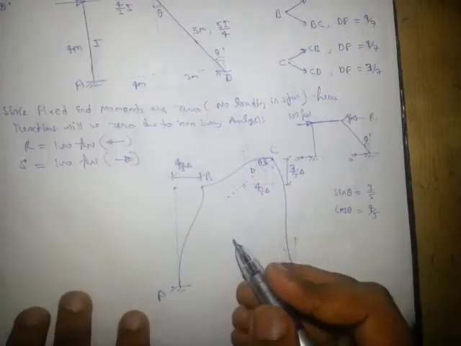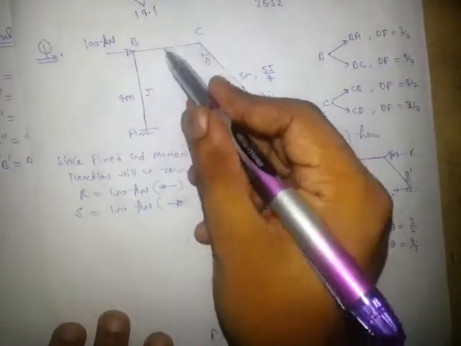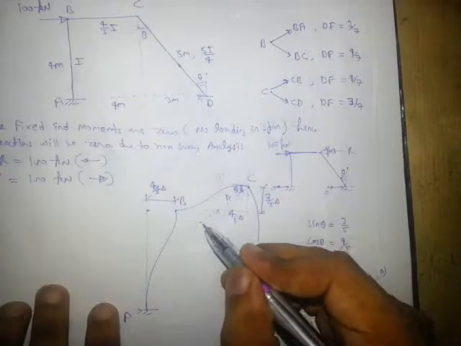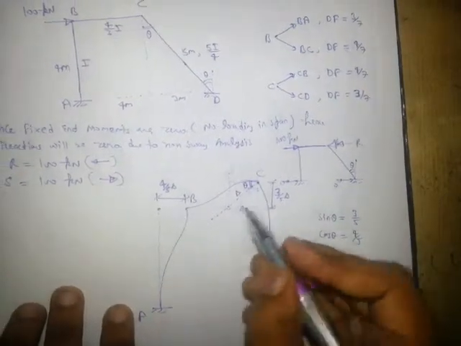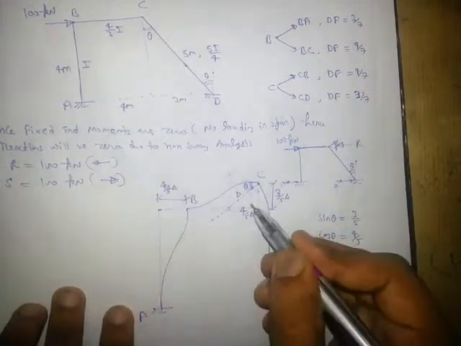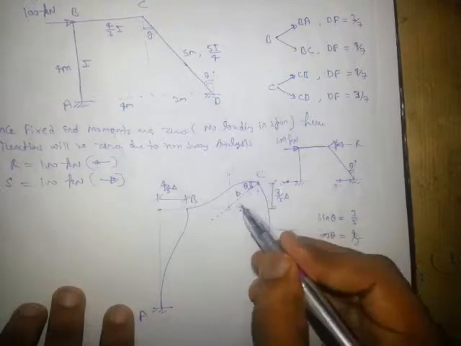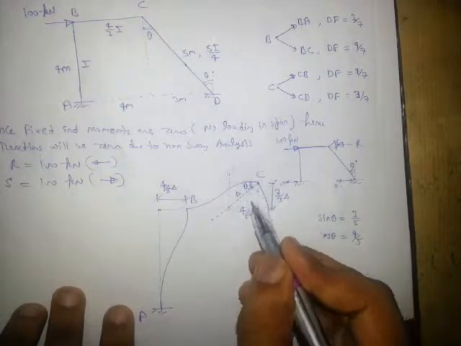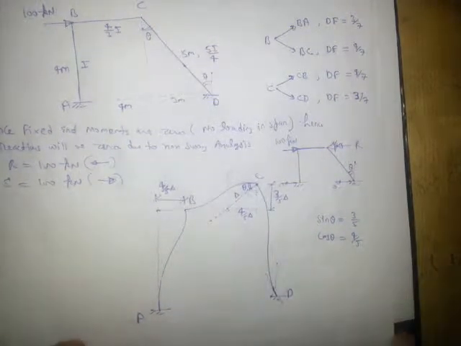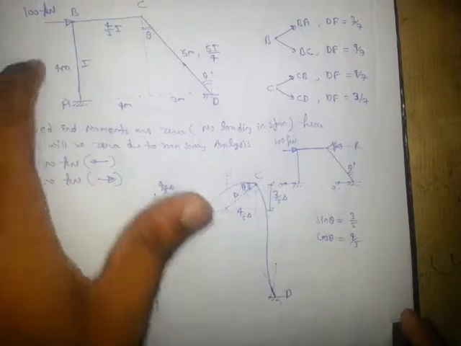In order to do sway analysis, right, it will go like this, and it will go in 90 degree. This is 90 degree and this is 90 degree. So let us suppose this is delta. So this will be one delta, cos delta, sin delta like that, and this will be right. So we will proceed from this.